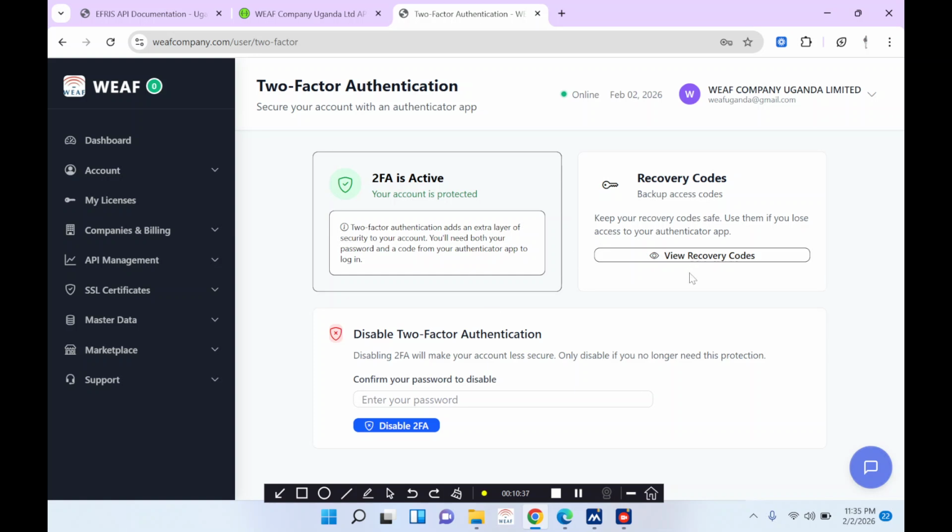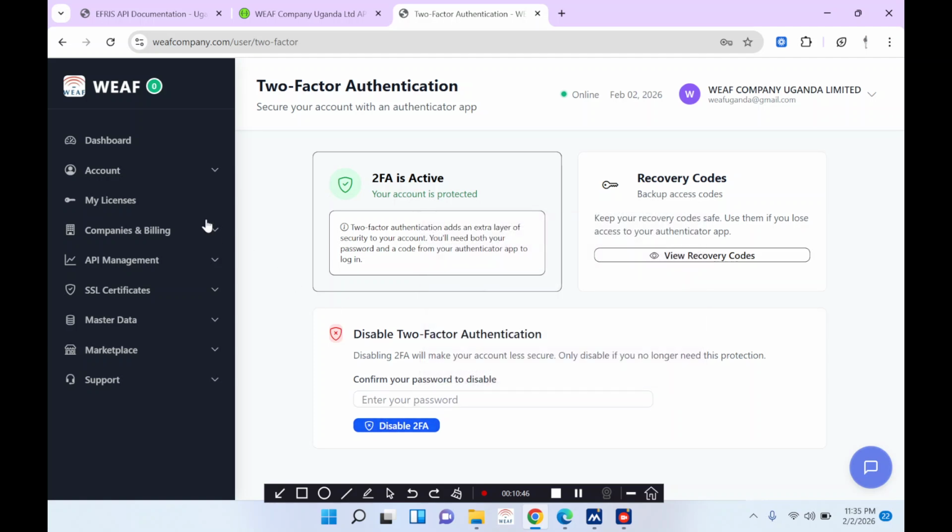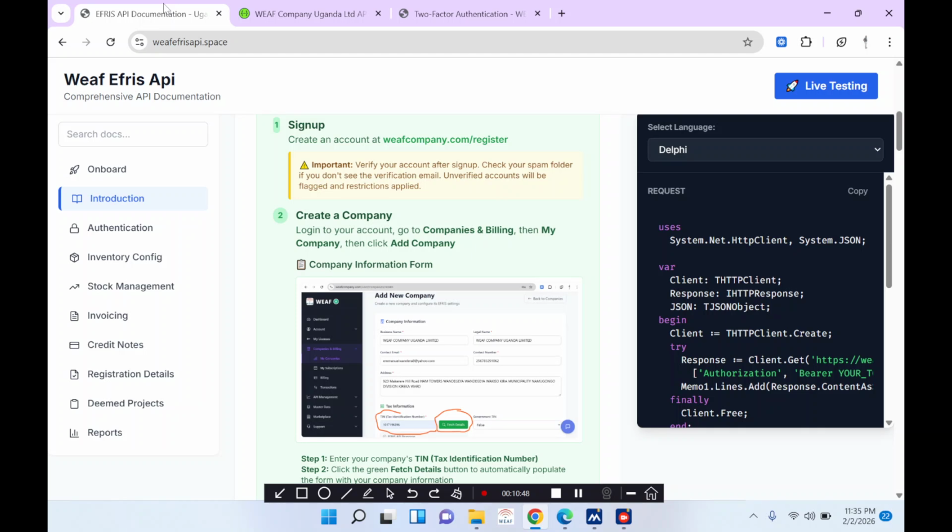Okay. You have your backup codes. You can go ahead and disable this. After you enter your password, then you can disable the two-factor. So back to the